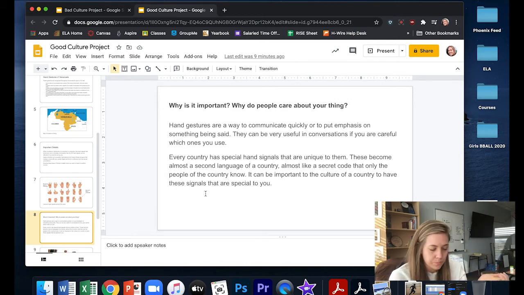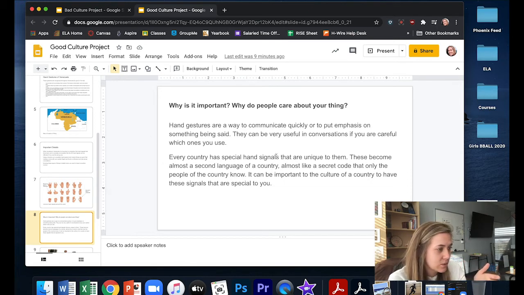So, for example, in Italy, they have specific hand signals for all kinds of things. They have hand signals for if somebody else is being sneaky or is going to rob you. They have hand signals for, like, you're exhausting and I'm tired of listening to you. They have all kinds of hand signals that are very specific to that country. And they can have whole conversations where they don't even really have to say anything. They can just do a couple hand signals and somebody will immediately know, oh, they don't like me and they're tired of listening to me and they're going to leave now, right?